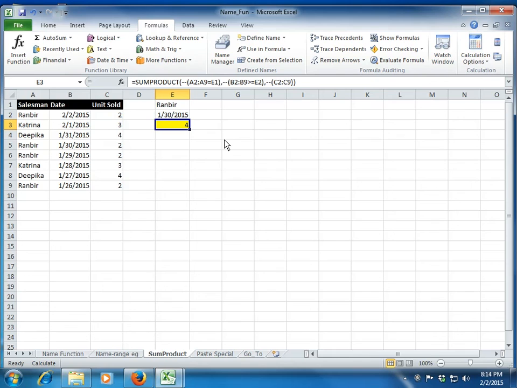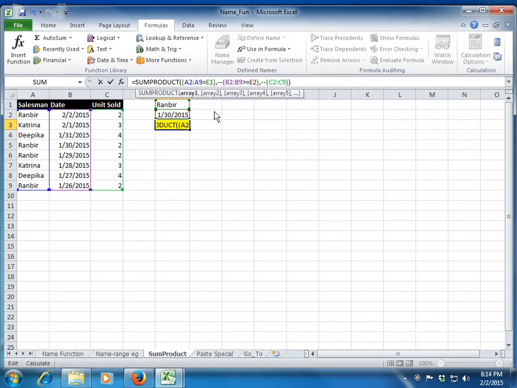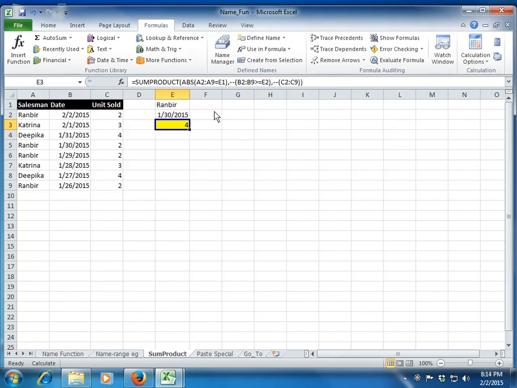Only remember one thing, that since the answer will be in true false format, you have to change the boolean format to a numerical format by giving it a mathematical operation. Again, the mathematical operation can be anything. You can add the absolute formula, which is again converting the data into a numeric value. You see it still works.